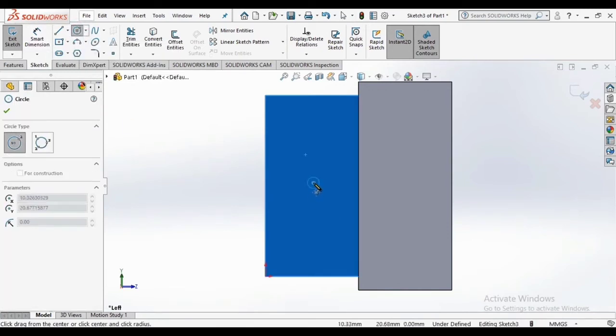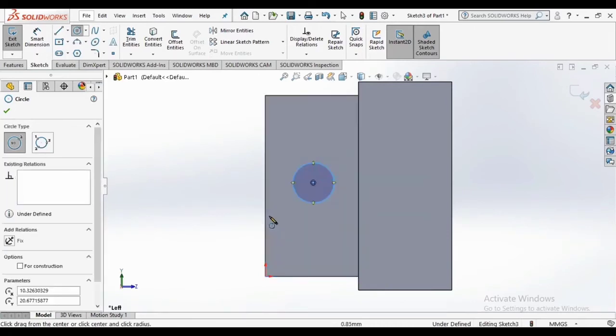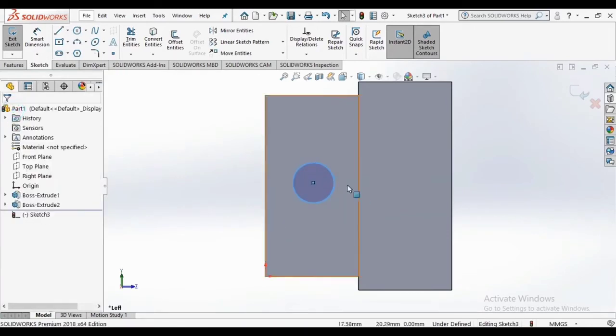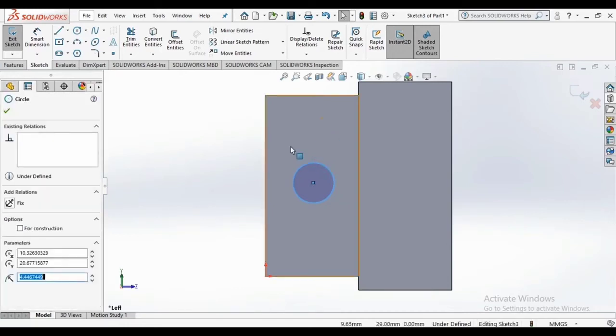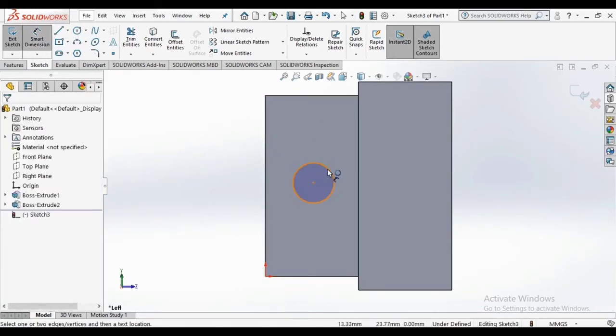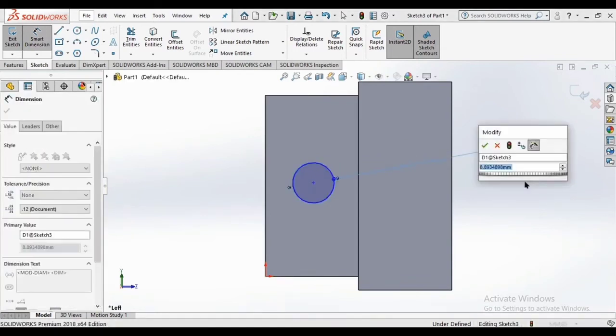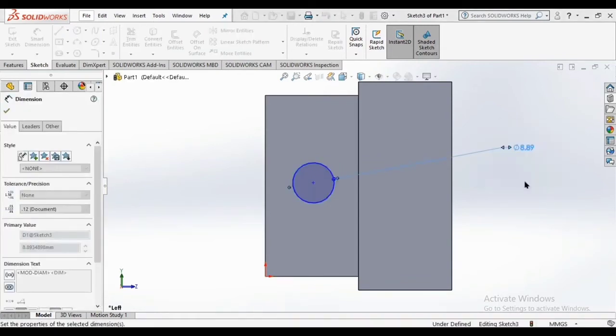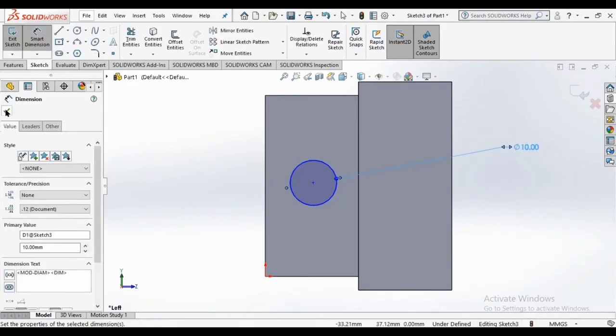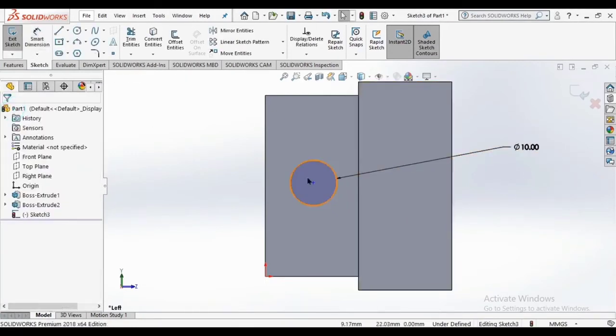So I'm making a hole, click OK. Let me give a dimension to this hole, say 10. Click OK. So I gave it a dimension and made the hole in the sketch,